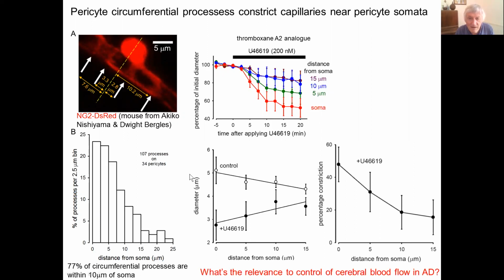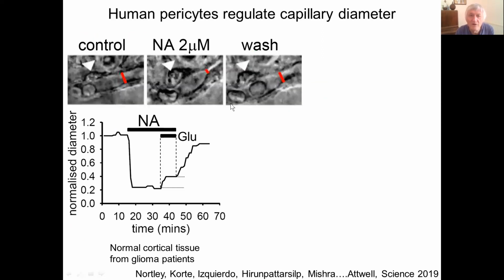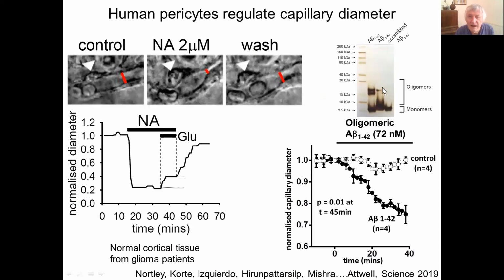I want you to remember this middle graph here because we're going to come back to that many times. So what's the relevance to the control of blood flow in Alzheimer's disease? Well, if you take this brain slice and make amyloid beta oligomers, which are thought to be the neurotoxic species in AD, you find that when you apply them, that induces a slowly developing constriction of the capillary near the